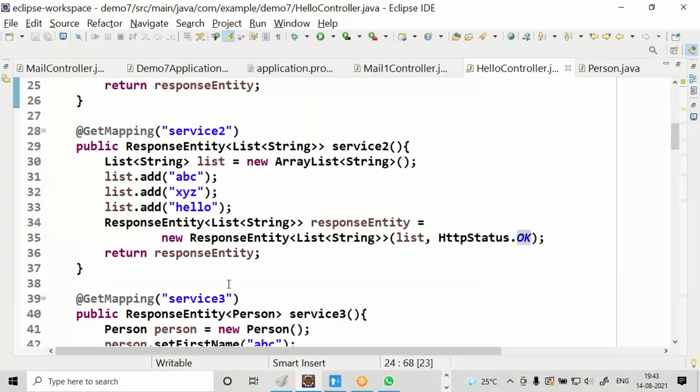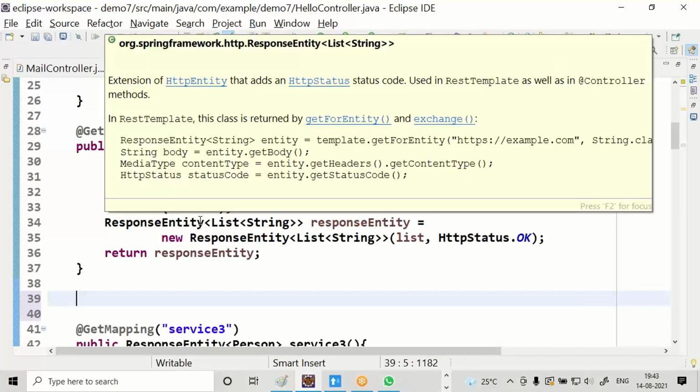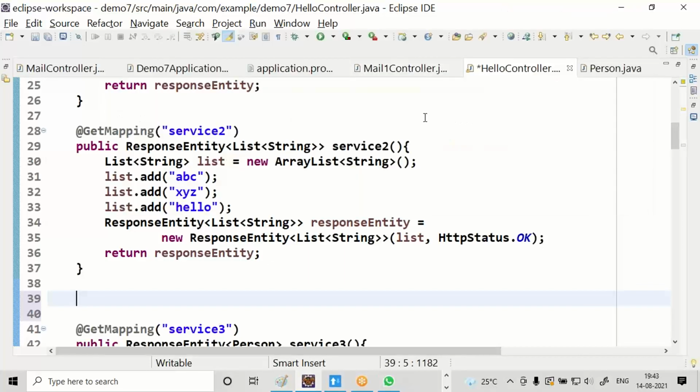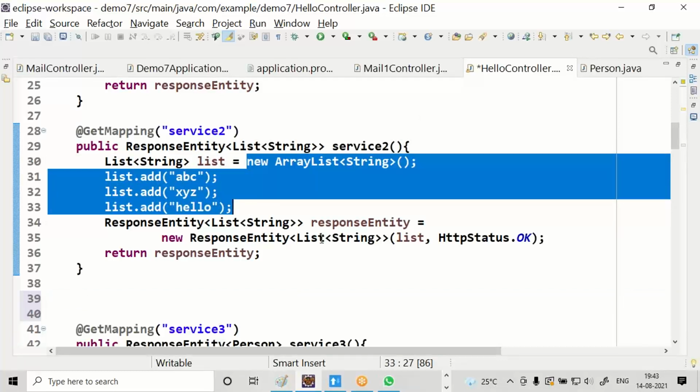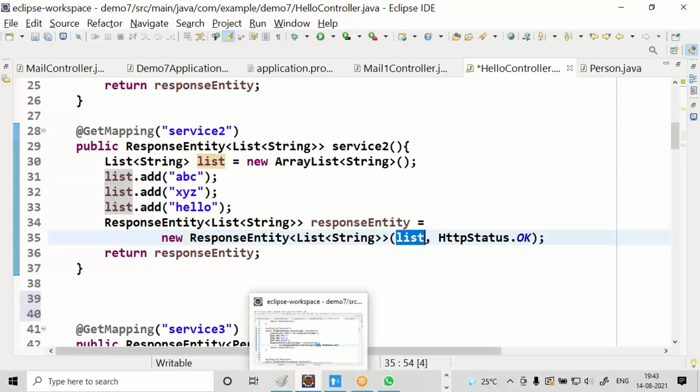Let us move to service 2. It is one and the same as service 1, but here we use an array list object, not the string object. Storing the array list object inside a response entity, choosing first argument as array list, second argument as a status.